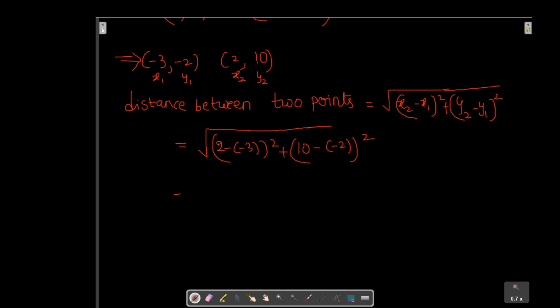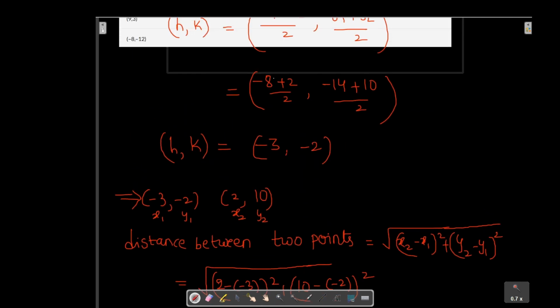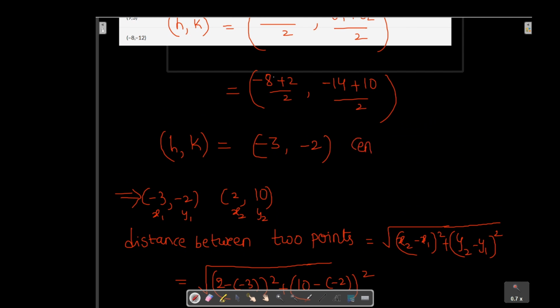2 minus of minus 3, 2 plus 3, which is 5, 5 square is 25, plus 10 plus 2 is 12, 12 square is 144. Square root of 25 plus 144 is 169, square root of 169 is 13. So the distance is nothing but radius equals 13. We got the center and radius. This is our center h comma k